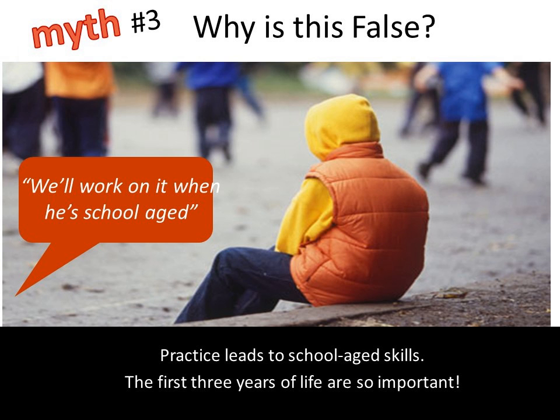So let's go on to the statements that we've all heard. "We'll work on it when he gets to school if he's still behind by then." By the time a child reaches kindergarten, their language skills are pretty complex. They're using longer sentences with lots of different vocabulary words, and some early grammar. So for a kid who's just now getting used to using an AAC device, we're throwing them into this huge game of catch-up on top of all the other life changes that poor child is going through at 5 years old.